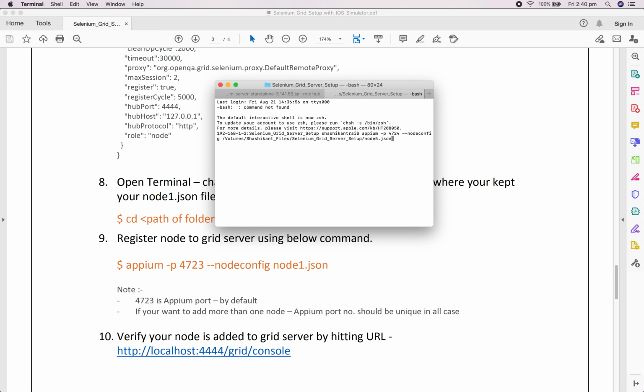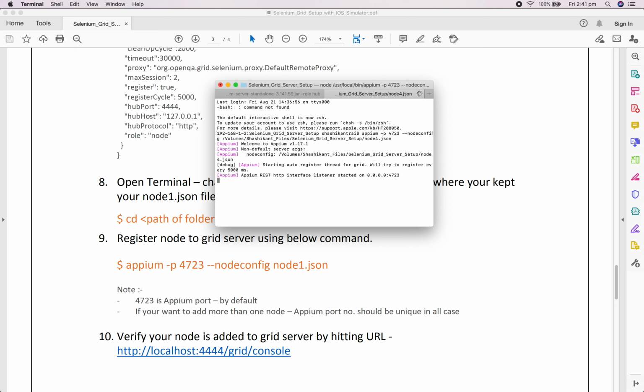So first I'm running on 4723 and I'm running my particular JSON file. Once you click on this, it will take time. It will connect to the Appium server node and register that particular node to your hub. You can see Appium is successfully registered with the grid.